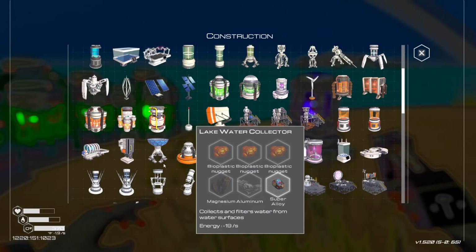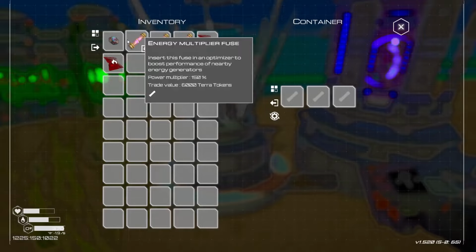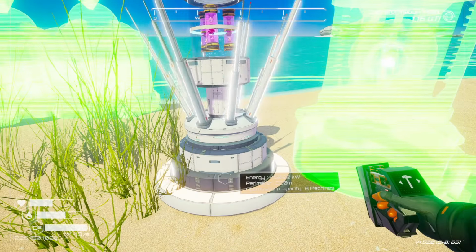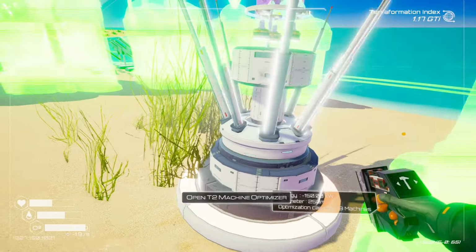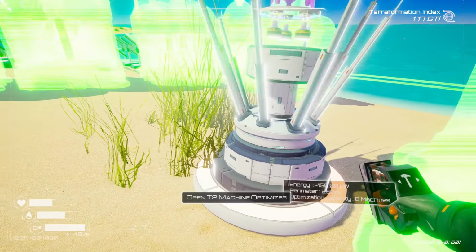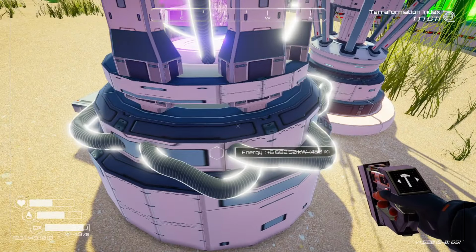Alright, let's see. The tier 2 optimizer. Put it right next to that. Right now, so it was 3 fuses. And how many? This took 5 machines, right? Or optimizes 8, I think it says down there. Yeah. Heck yeah. And it also takes this one, which generates over